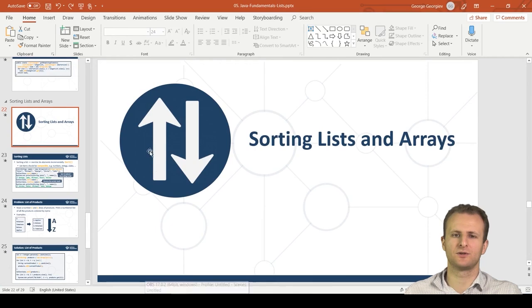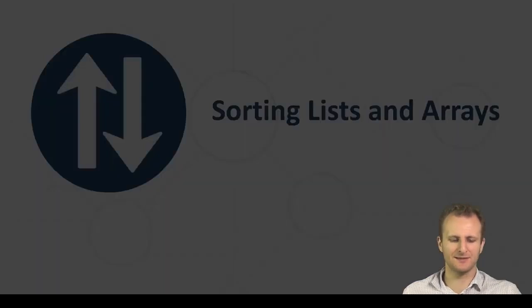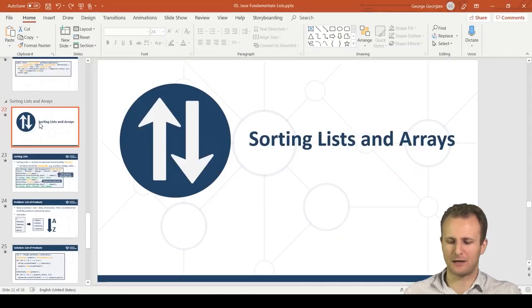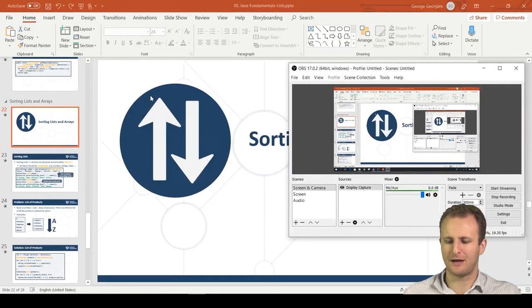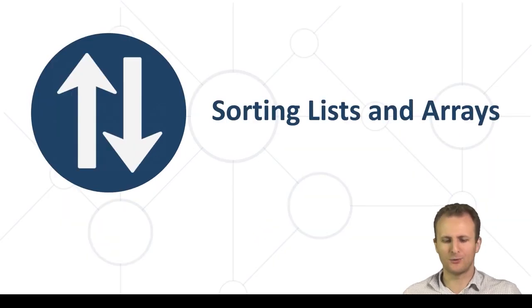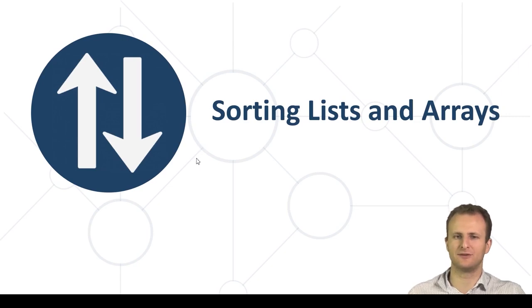Okay, let's continue with the last part of this lesson. We're going to talk about sorting, how we do it for lists, how we do it for arrays, how we can use that for solving different tasks, and so on. So what is sorting? When you have a sequence of elements like we have in lists and arrays and so on, you can have these elements in multiple different orders,